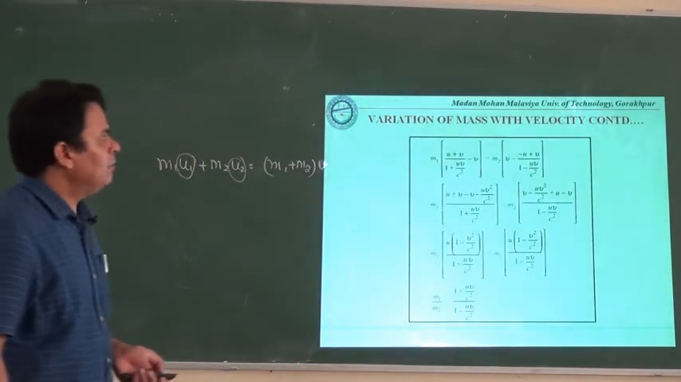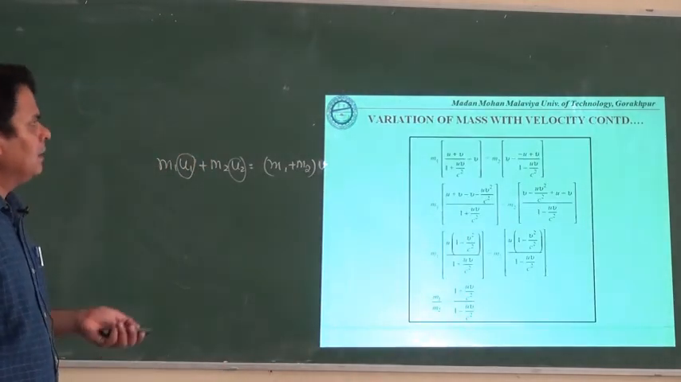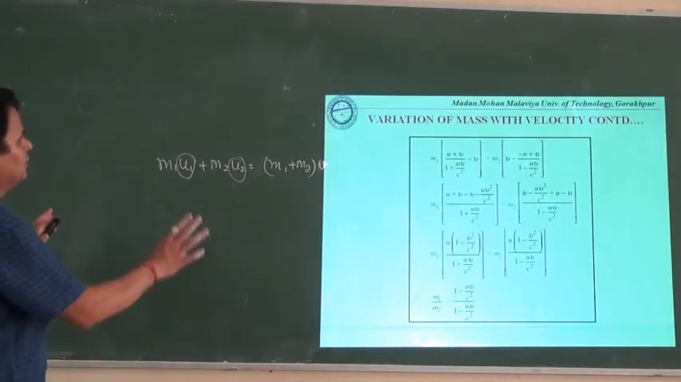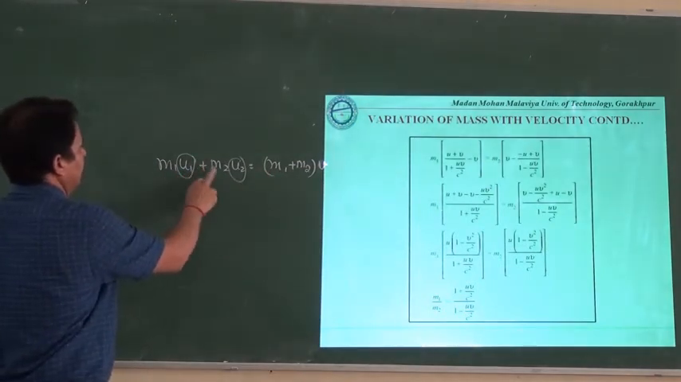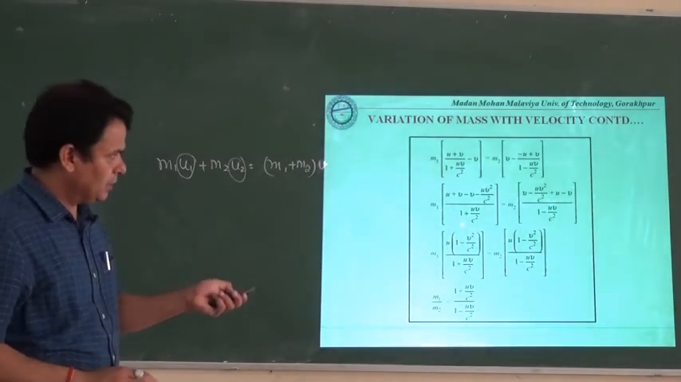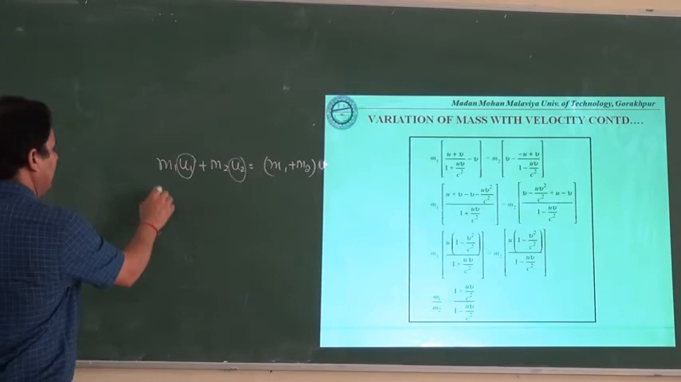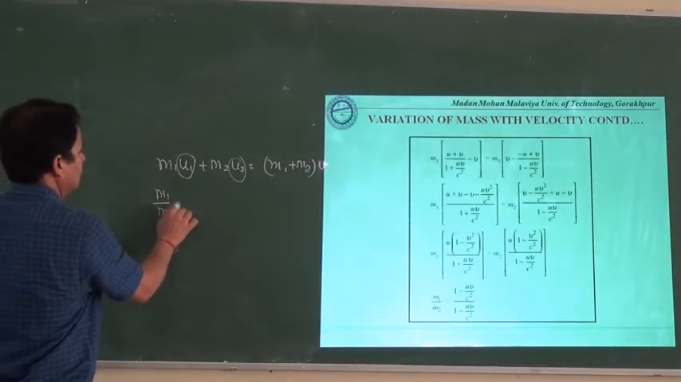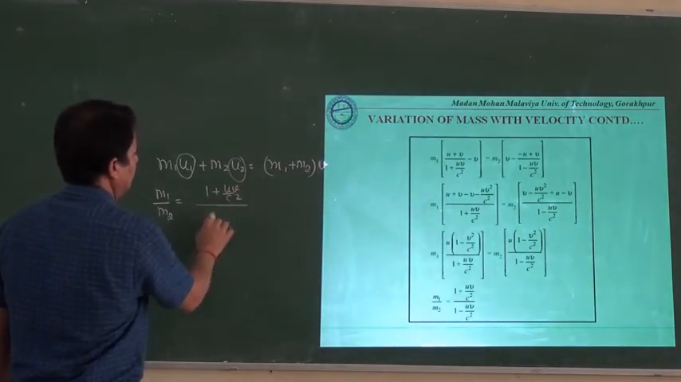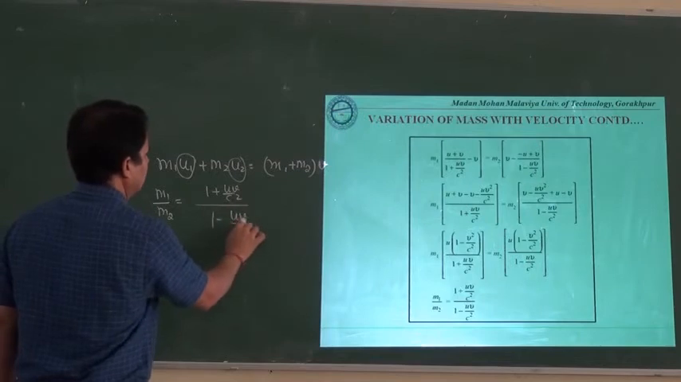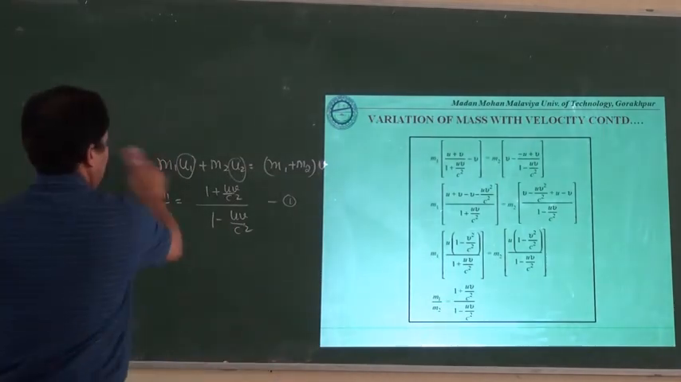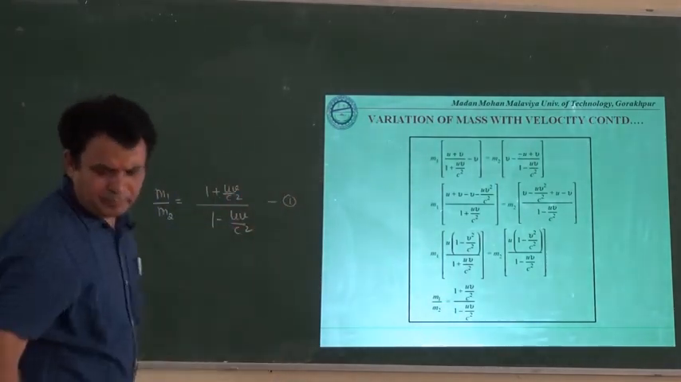By calculating these, we will have m1 multiplied by m2 multiplied by this much. Just we have transferred m1 here and m2 there, and using simple mathematical operations, we will have m1 upon m2 equal to (1 plus uv upon c square) divided by (1 minus uv upon c square). Let this be equation 1, and again we will start from a particular expression, that is, what will be the value of